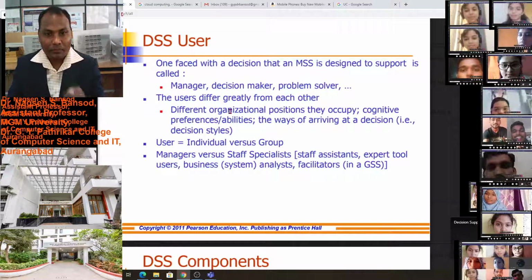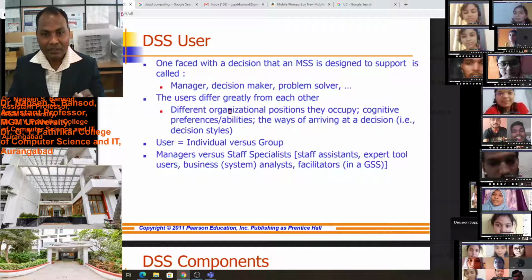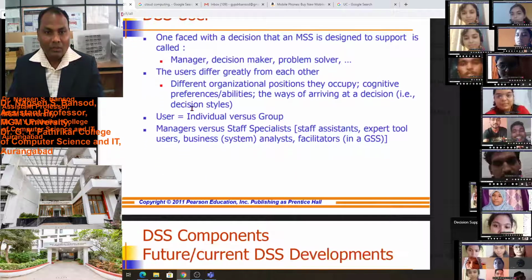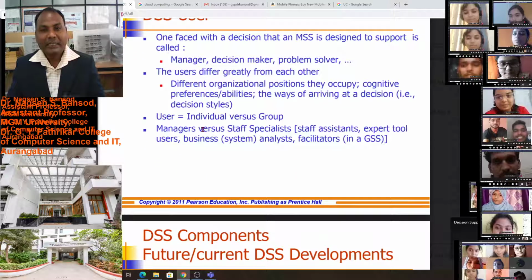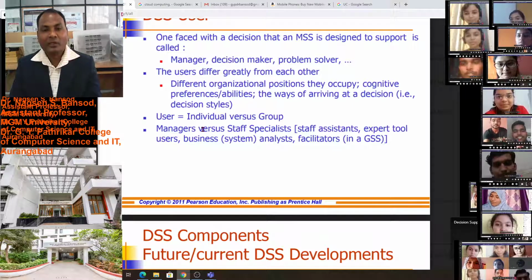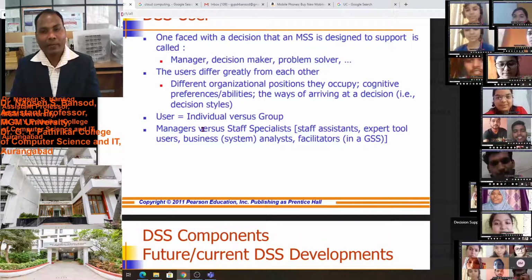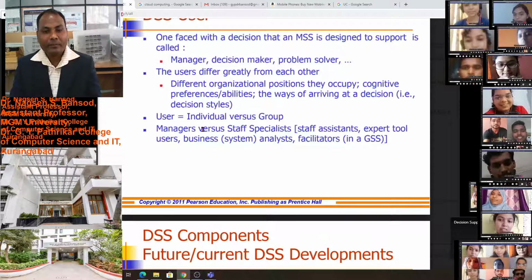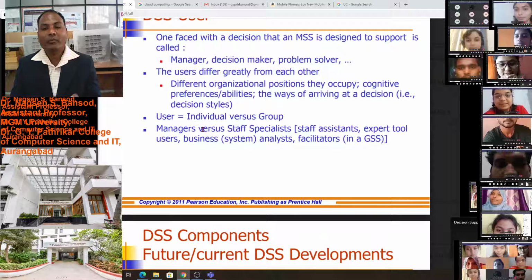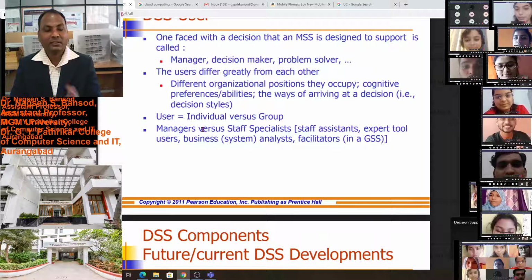Those who are facing the decision differ greatly from each other, like the different organizational positions they occupy, cognitive preferences, ability, and the way of arriving at a decision, that is decision style.